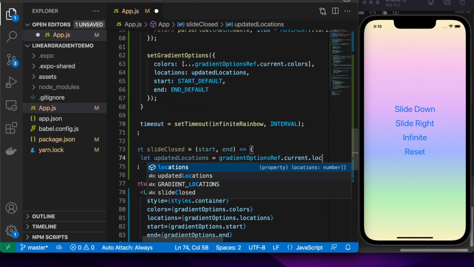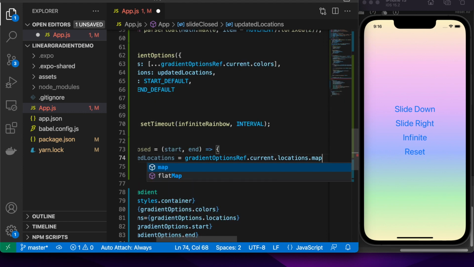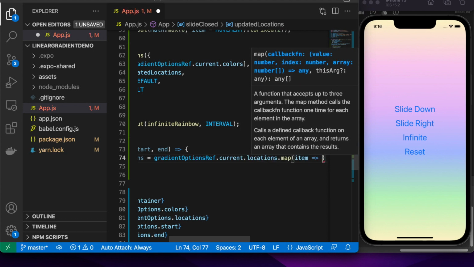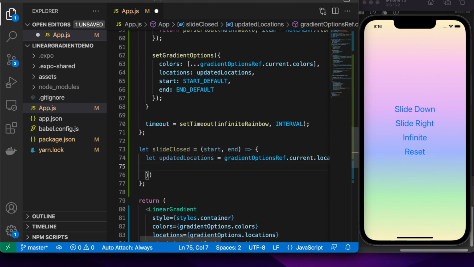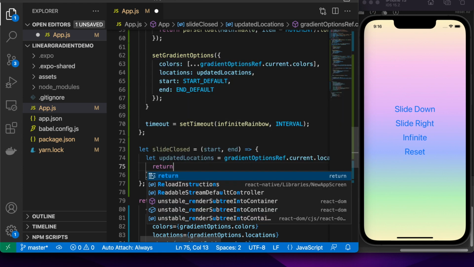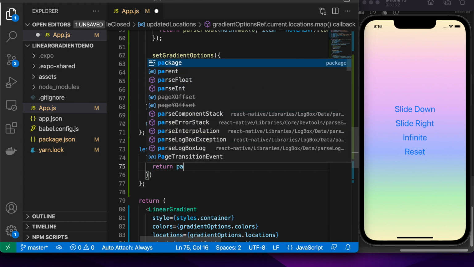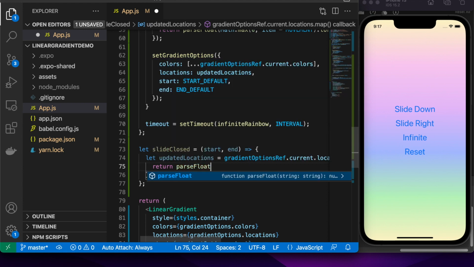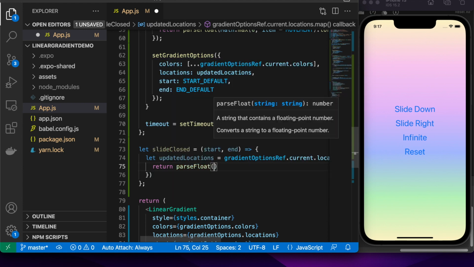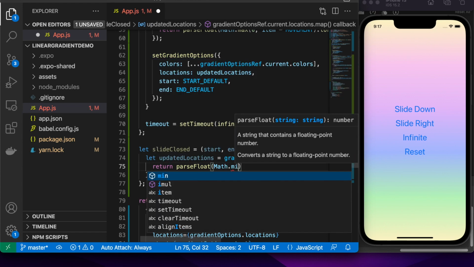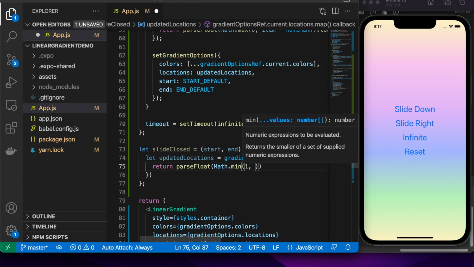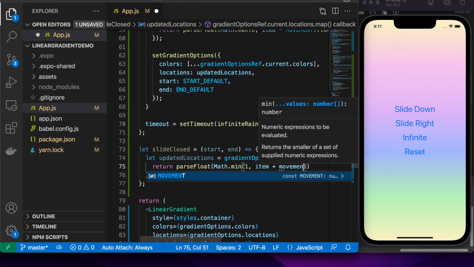I'll just show you how I'm going to do that. I'm going to pass in the start and end, and I'm going to once again map my locations, and I'll be gradually increasing it this time rather than decreasing it. So I want to get the math.min this time. Once again, I'm using parse float because I'll be using toFixed, and I don't want the issue with the strings where you can't operate on them. So math.min of 1 and item plus movement.